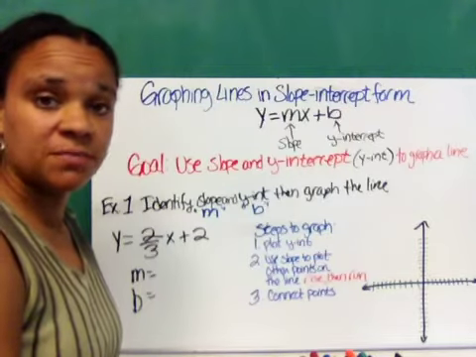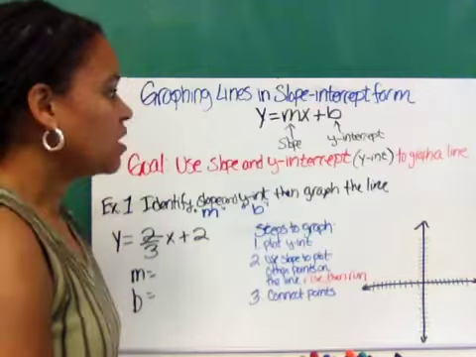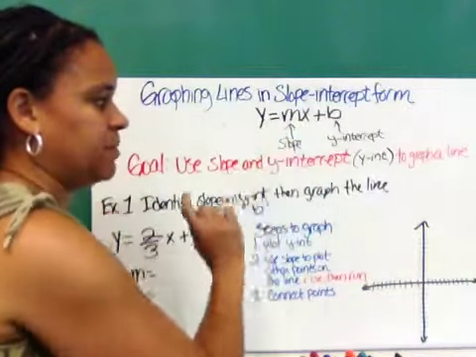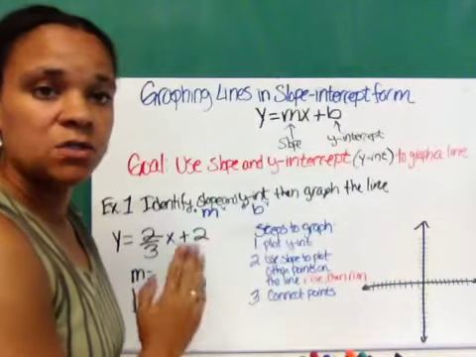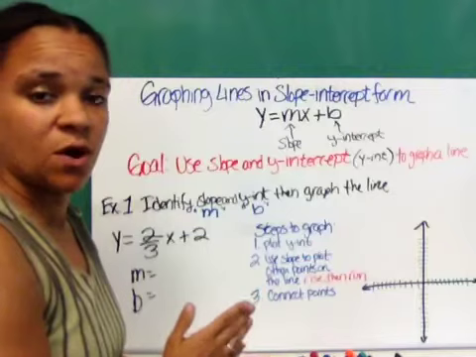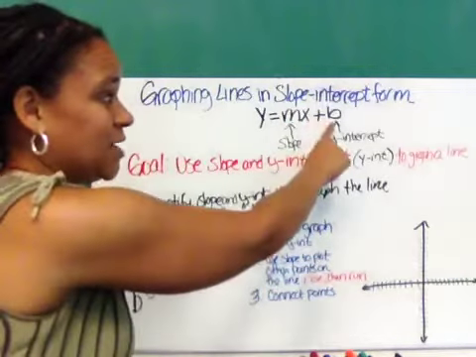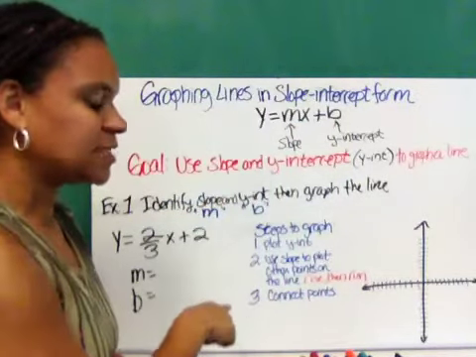A couple of different forms that you'll find equations in for graphing. This is one of the most popular. So this form, slope-intercept form, is y equals mx plus b. M is our slope, b is our y-intercept. So if you find yourself with an equation in this form, it's very simple to graph. So make sure you recognize it's in slope-intercept form, and you can use these short steps to be able to